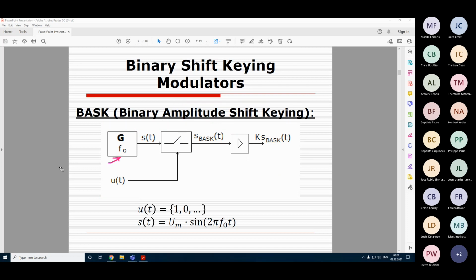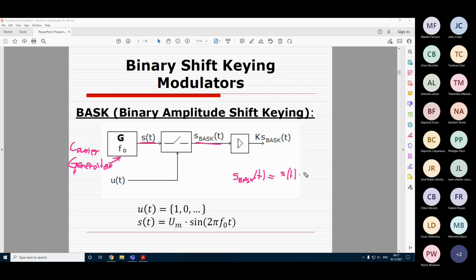This is the generator, which creates the carrier wave. So this is the carrier generator. And the modulation, mathematically speaking, can be represented as multiplication of this carrier signal S of t. So the modulated signal S BASK is then calculated as the carrier signal S of t